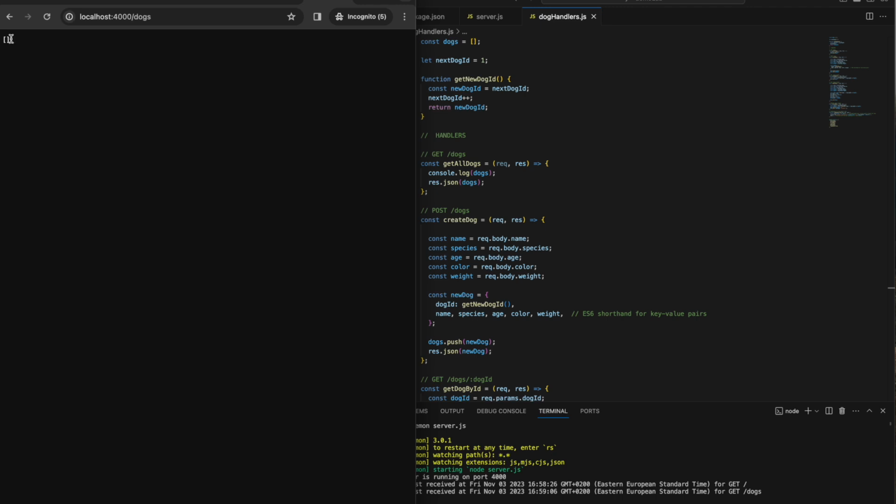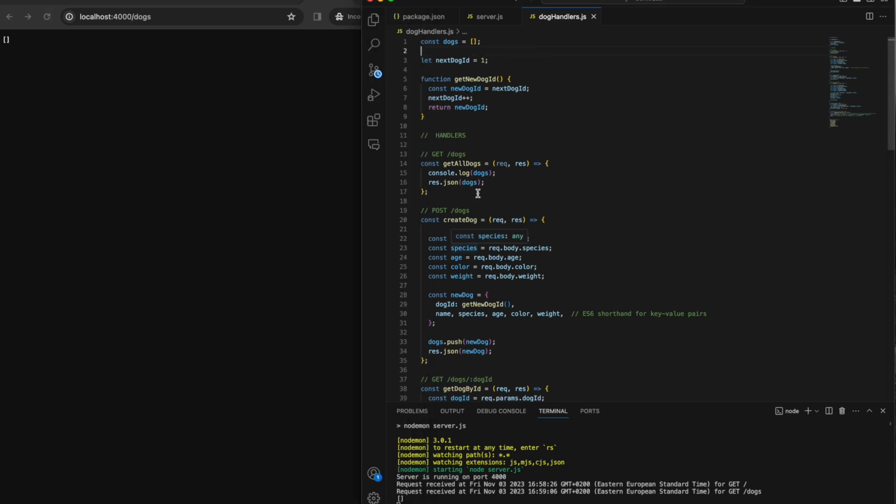So why we have this one is because when we call this get all dogs here, we just console log these dogs here. This is a dog variable defined here. This dogs equals those empty arrays. In this array we will store the data we will create. So as you can see now, this is the way we have started, and anytime I press refresh here, you